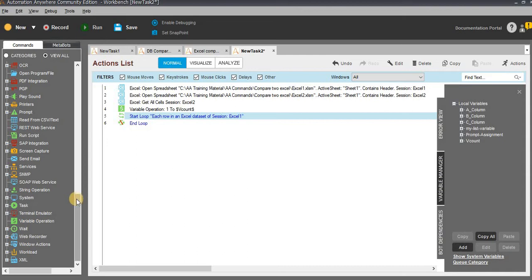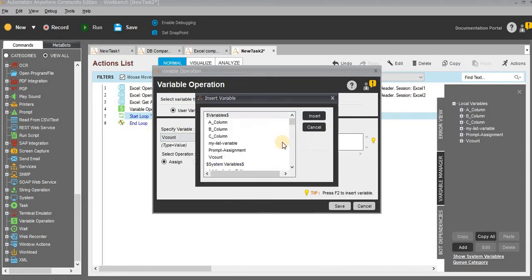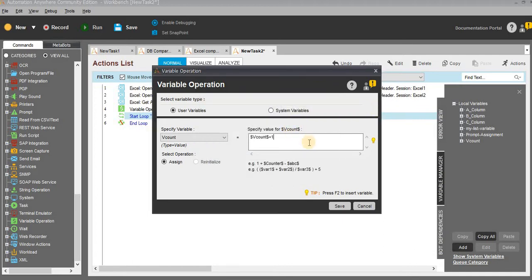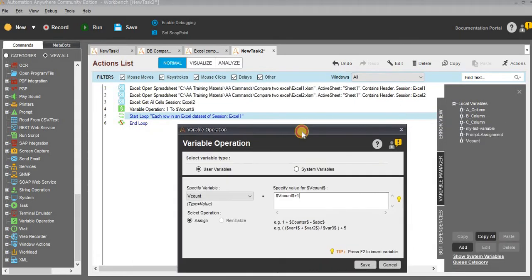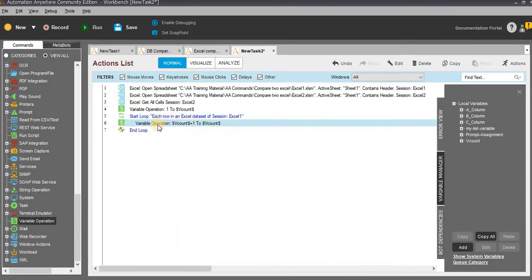And within this, I'll increment the values. Just drag and drop the variable operation. Select the variable as V count. Here, press F2, V count. Click on insert plus 1, which means within the for loop, it will increment each and every time. So I am going to assign this into the loop function.